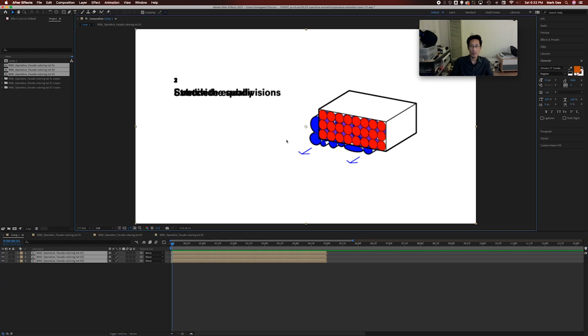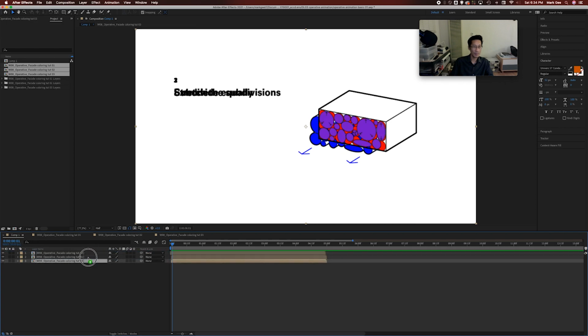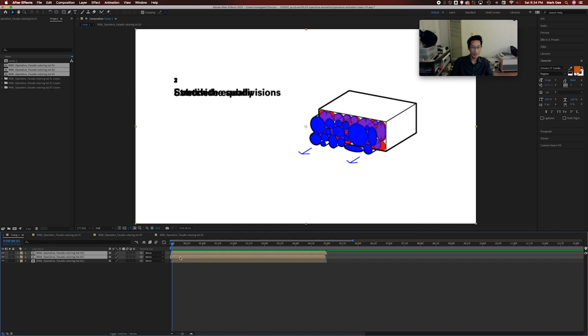And so they're all right on top of each other, right? So something I can do is I can stagger these. I'm going to reorder them. So I'm going to put step 2 on top and step 3 on top there. So they're sort of in reverse order. 1 is at the bottom, 3 is at the top. I'll take steps 2 and 3, and maybe what I'll do is I'll go to 4 seconds here, and I'll